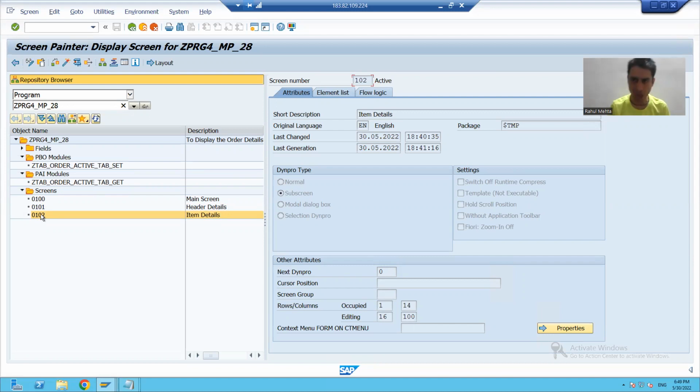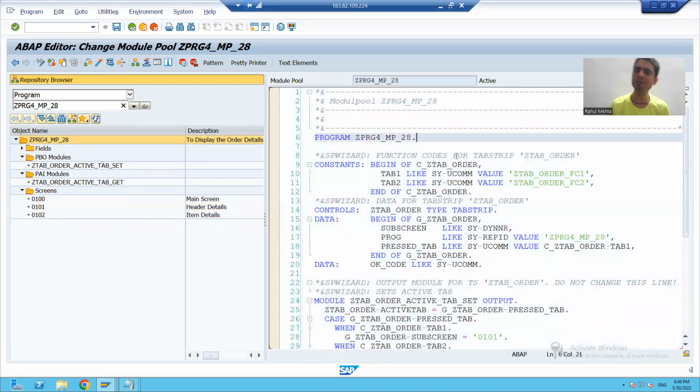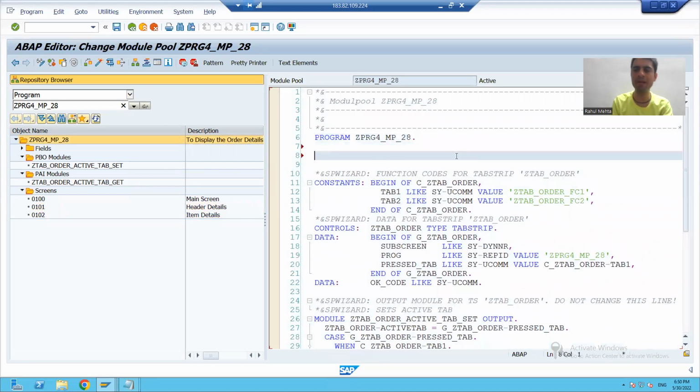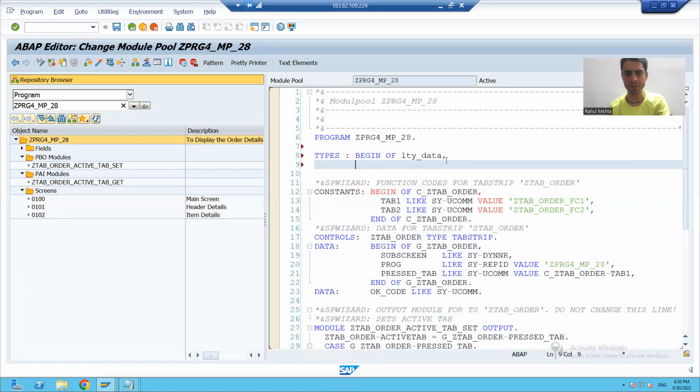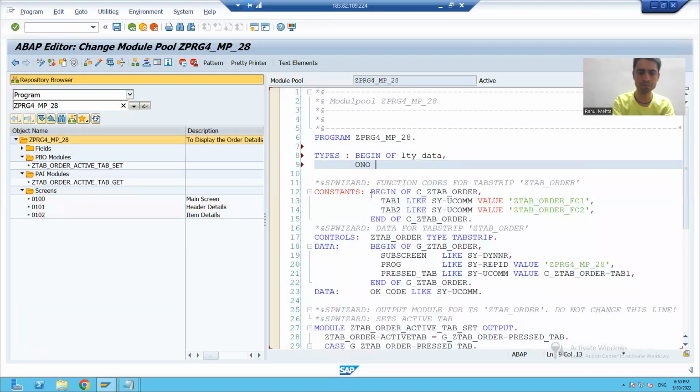Before designing the layout, I will firstly declare the internal table and work areas. I will go to the top of the program. I will firstly declare internal table and work areas of order header and order item table. Firstly, I will create a structure from order header table. Begin of my first structure, and we will simply copy paste order number, type,